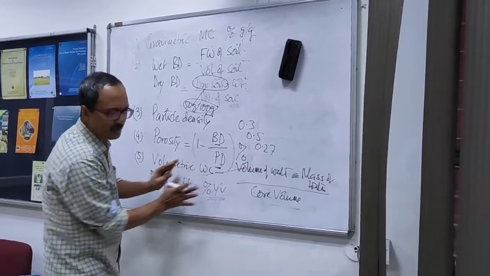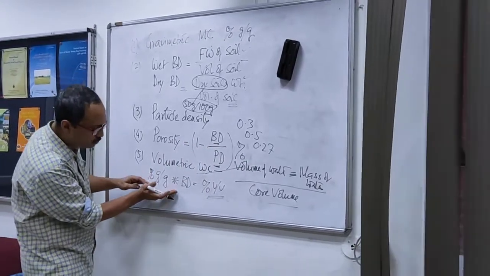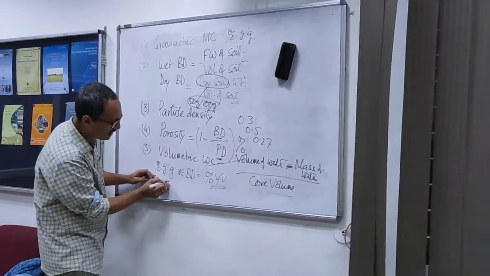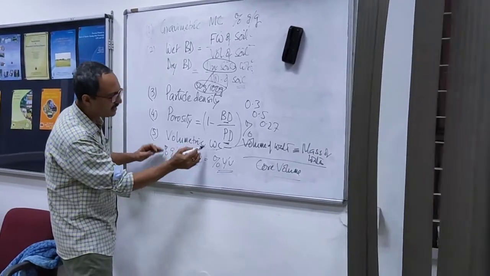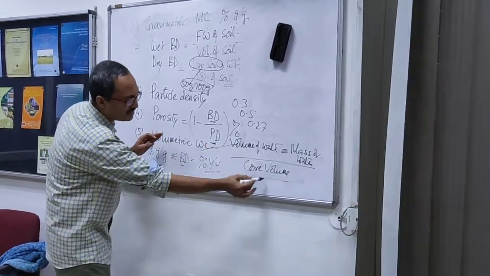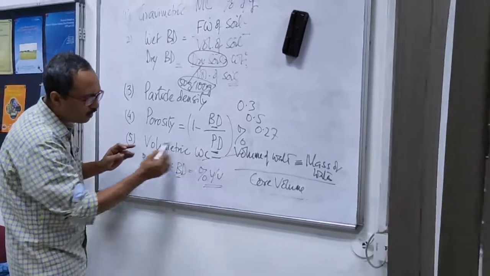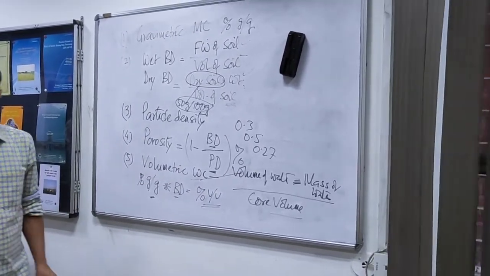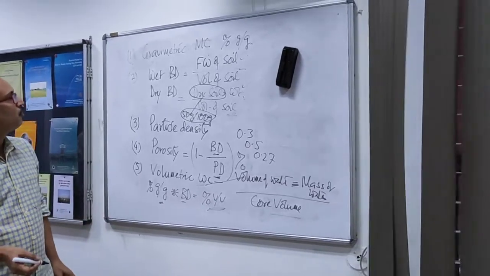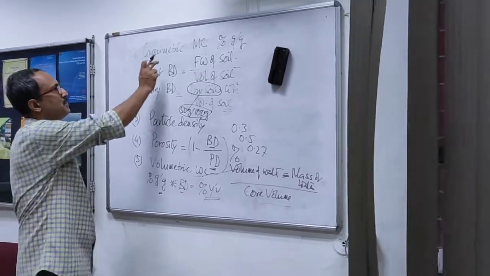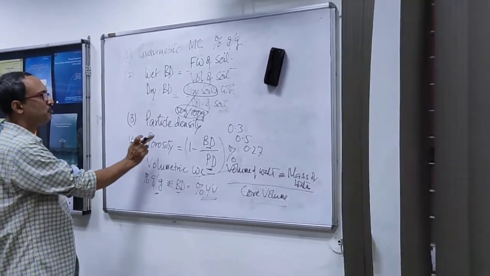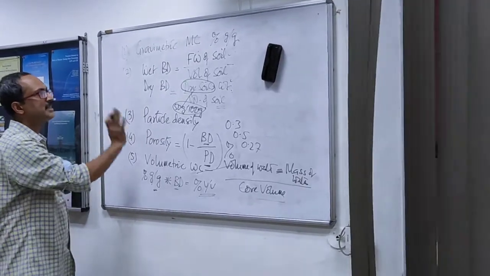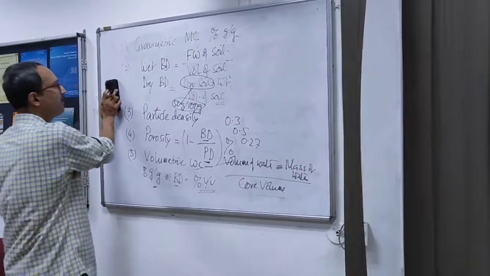Both ways you are only calculating that. Here everything is direct. You get the volumetric water content by taking this particular ratio, or you can simply go with the bulk density to determine the volumetric water. Okay, fine. So gravimetric water content, volumetric water content, porosity, particle density, bulk density, and there are one or two left. Let me recollect.